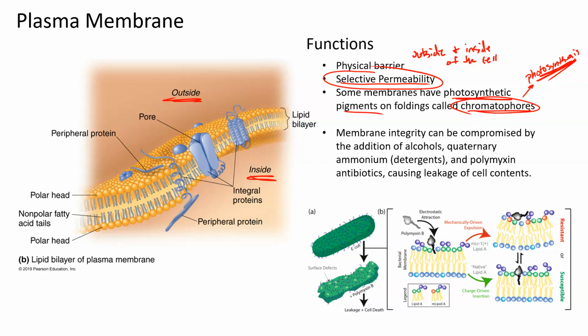Membrane integrity can become compromised by the addition of certain substances. So alcohols, quaternary ammonia, which are detergents, and polymyxin, specifically the antibiotics, cause leakage of cell contents. And what that basically means is you have a viable, normal, healthy E. coli cell. When you put some of the polymyxin antibiotic into the environment that the bacteria is trying to live